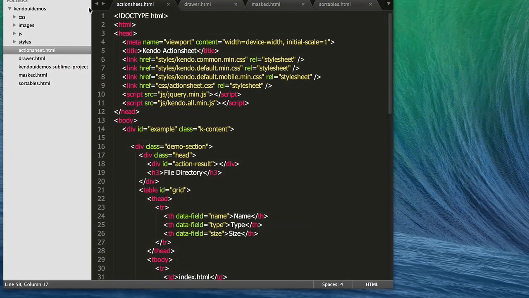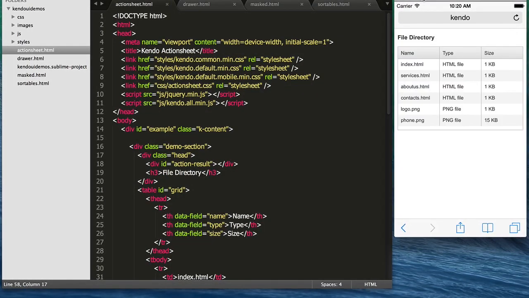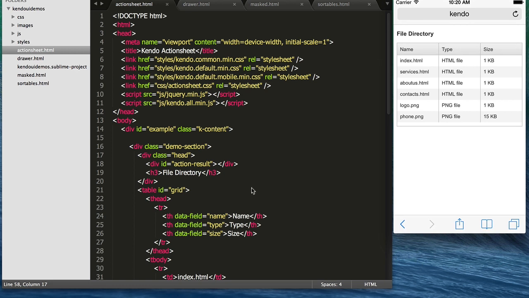All right, so let's start off by showing some of the mobile widgets that we have available. Let me scoot this over so I can bring over my iOS simulator so you can actually see some of the mobile widgets in action. So the first one I want to show you is called an action sheet, and it's actually kind of like a context menu. So the first thing I need to do is go ahead and bring in